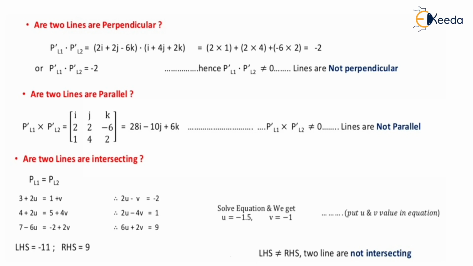Let's check the third equation, because the first two, I think, are satisfied. So minus 1.5 into 6, that is how much? Minus 9. I think we will get minus 9 is equal to 9. So LHS will be minus 9 and RHS will be 9. So LHS and RHS are not equal. These two lines are also not intersecting. Okay, so these lines are in different planes. If they are not perpendicular, not parallel, not intersecting, that means they are in different planes. Okay, remember this.